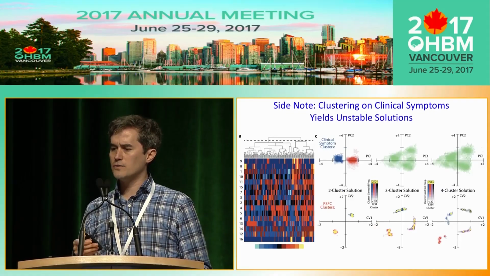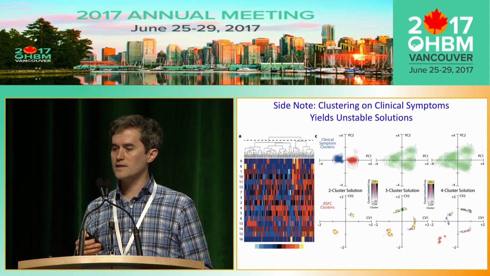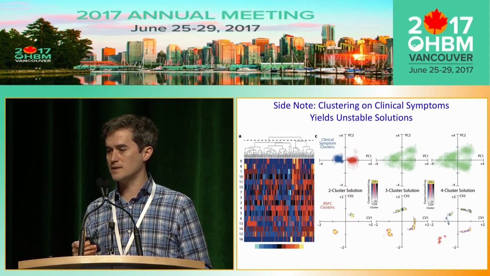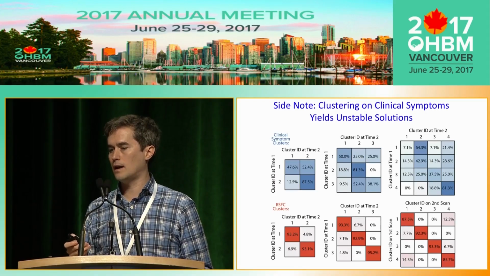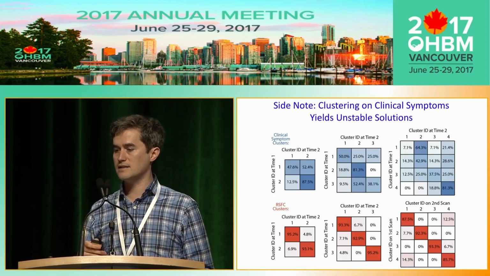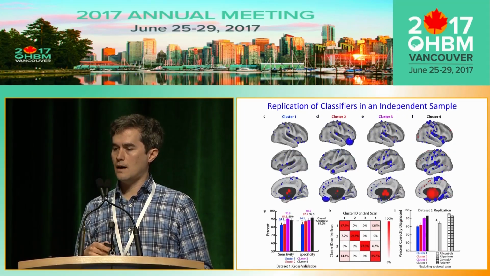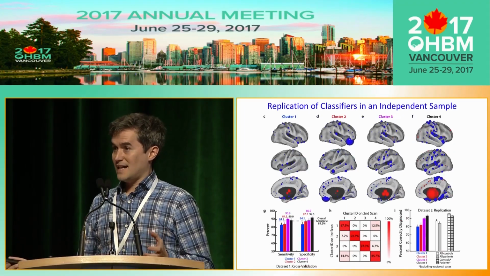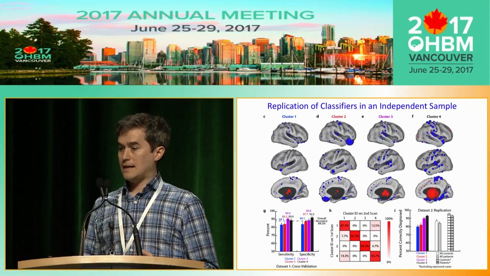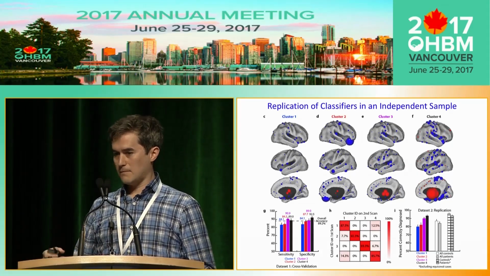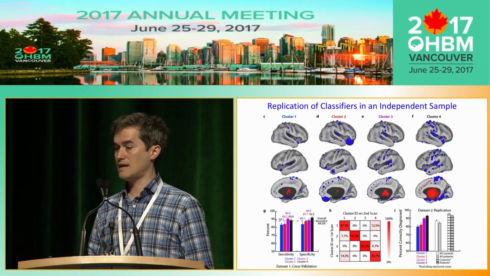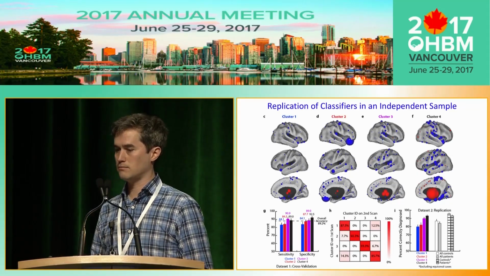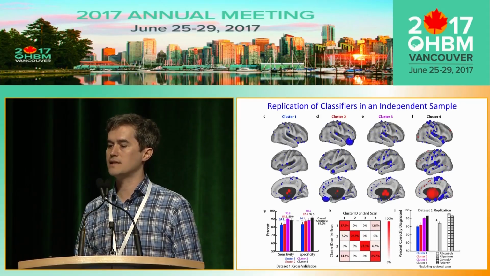I'll also just point out that those results aren't a foregone conclusion. If you cluster on clinical symptoms, you get very unstable clustering solutions, and you get longitudinally unstable subtype diagnoses. Having that second data set afforded us the luxury of being able to replicate it. Like Tor described, like you'd expect, the performance of our classifiers was a bit lower in the replication sample, but it was still respectable. The worst performing ones were around 80%.